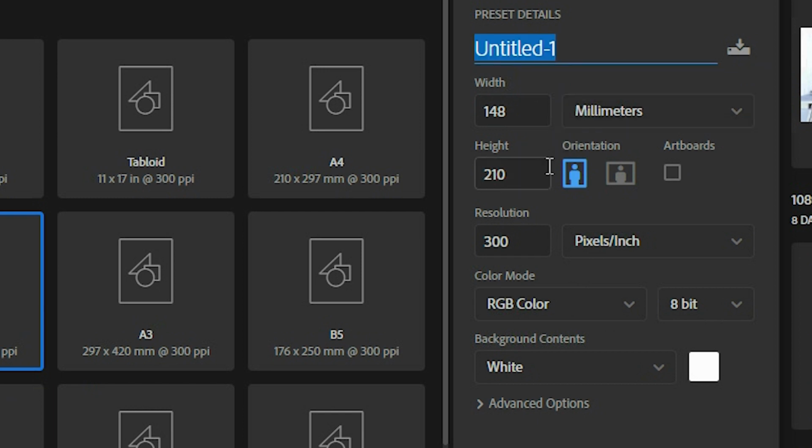After that, we come to orientation. This is orientation. So right now the size we've chosen is in portrait form because the width is smaller than the height, so definitely it's going to be portrait. Do you understand? If you want to change